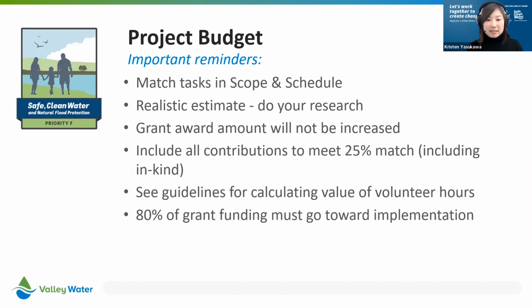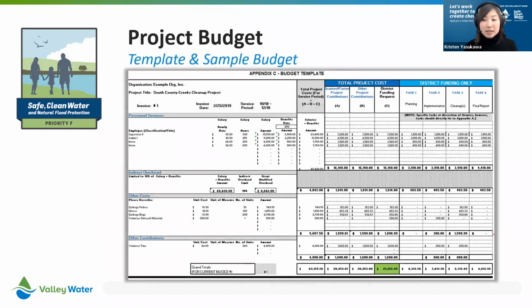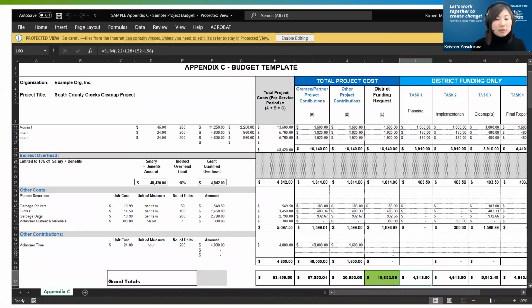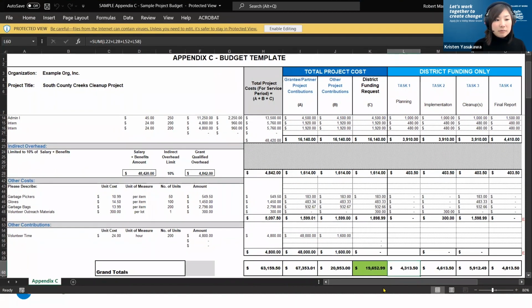Our next slide for the budget is to take a look at our budget template. So it is a set budget template, and we just wanted to show what is there in the Flux application. Again, this is also on our website under resources. So I'm going to walk through this from left to right and then from top to bottom. So starting at the very top, if you scroll up.